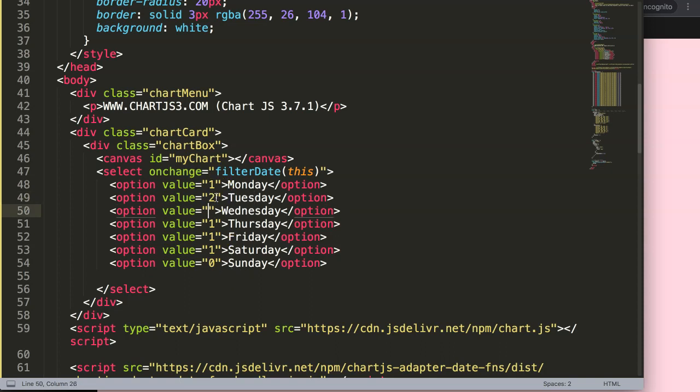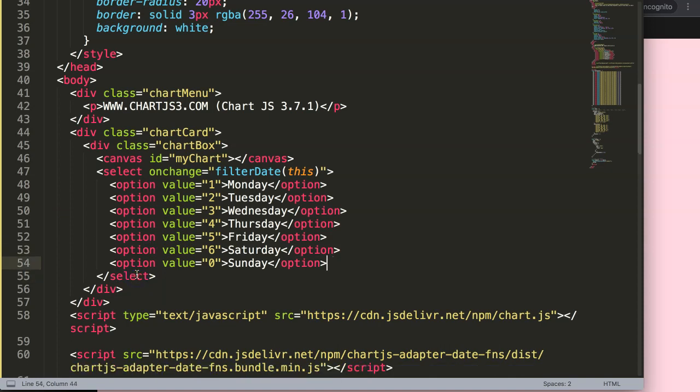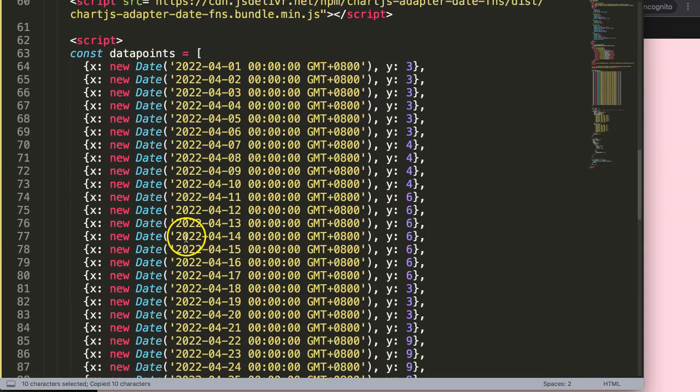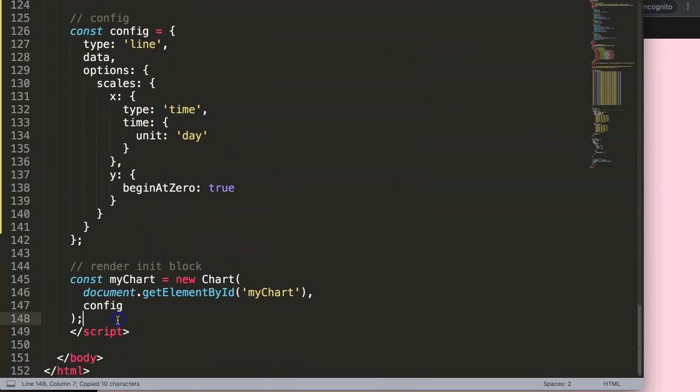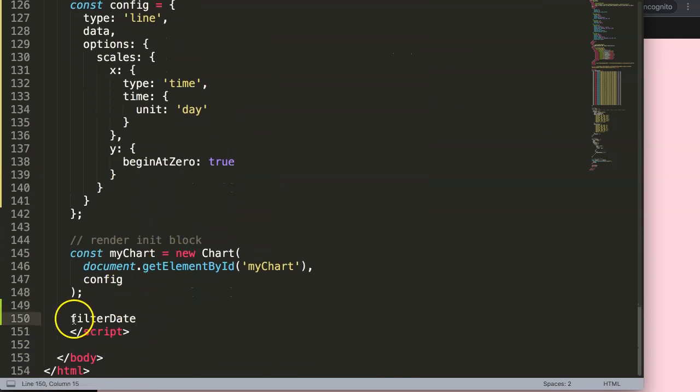And here 2, 3, 4, 5, and 6. Alright, so we have this. So the moment we select something, we want to get the specific date. So I'm going to create here now functionality. We say here function